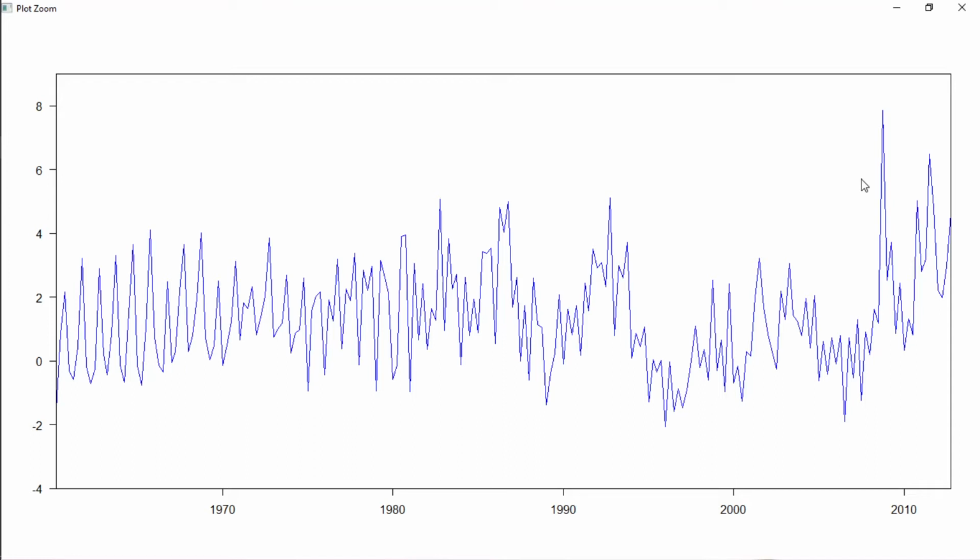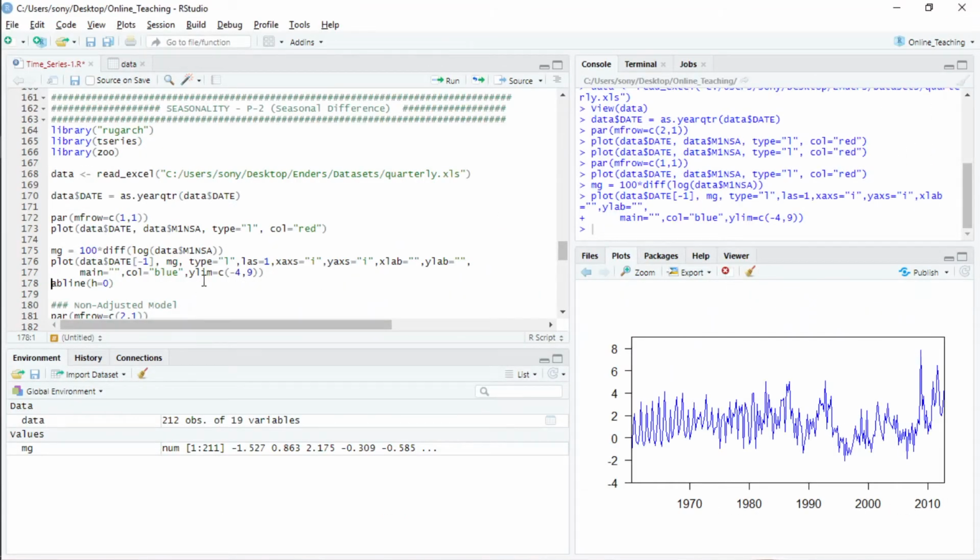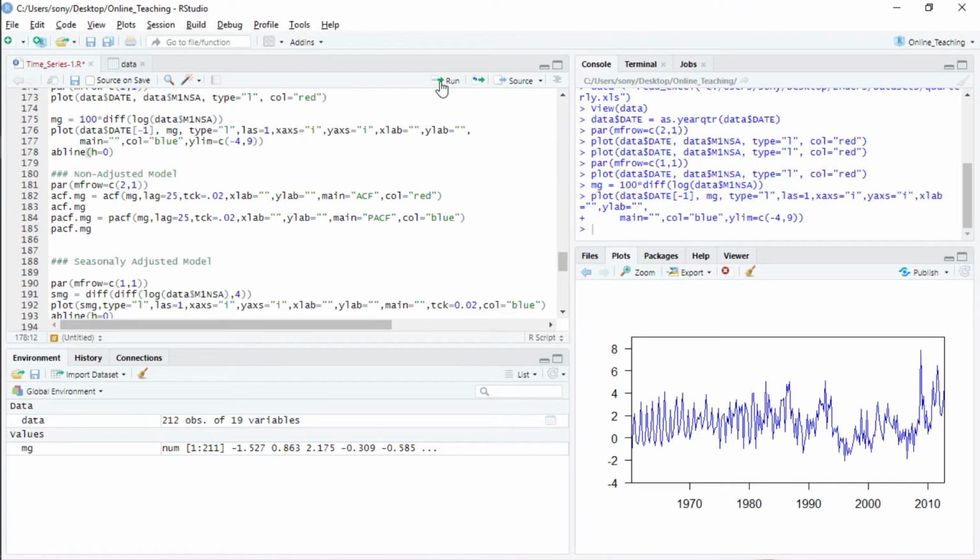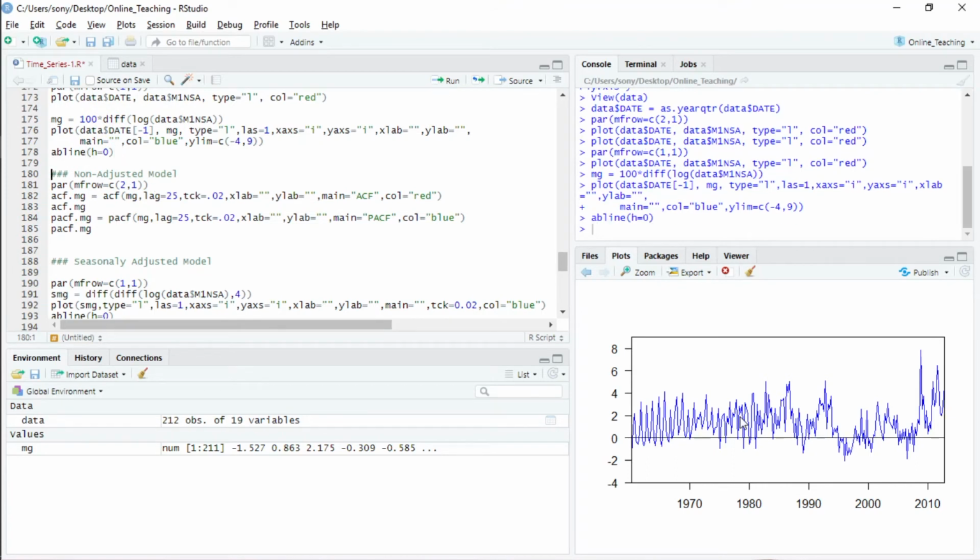Graphically you can see, and another way is that you should see its ACF, sorry, AR and MA. You should check for AR and MA of the data and see whether it is following a stationary one, if AR1 or MA1 procedure it is following, or a combination of both. So to do that, this is just an AB line, so I'll put it here. Okay, now I'll do it one by one. So this is, then